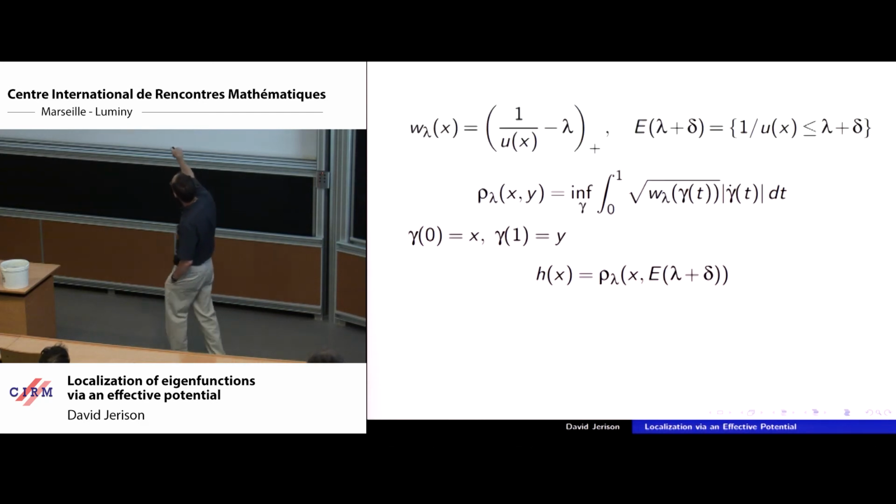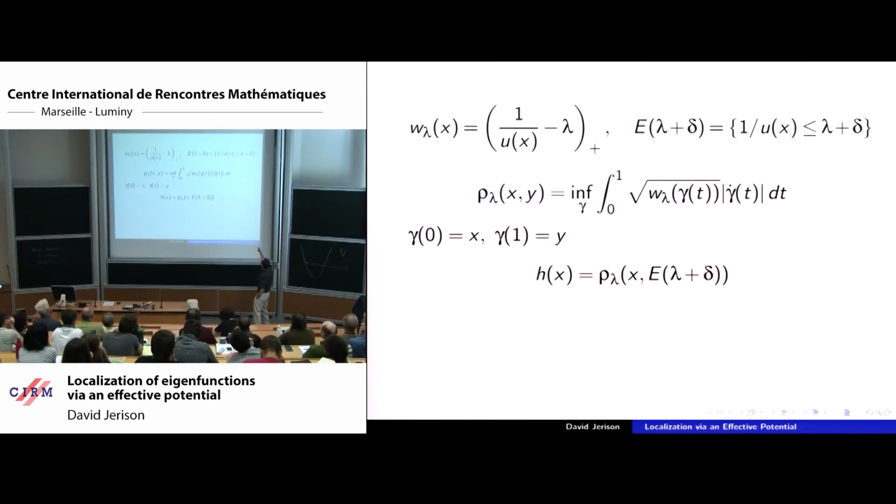So remember, we have this weight. In order to state the theorem properly, I'm going to have to give myself some room. There's the well, which is the level lambda, but I'm going to give myself a little bit of room delta above the well. Okay, so I'm going to give a little space around it. And now I'm going to take the Agmon distance associated with this weight, and then I'm going to take the distance to that well, which is maybe a little larger than the one that I had, and I want to stick with this notation here. So that's analogous to what we did before. And now I can state my theorem.